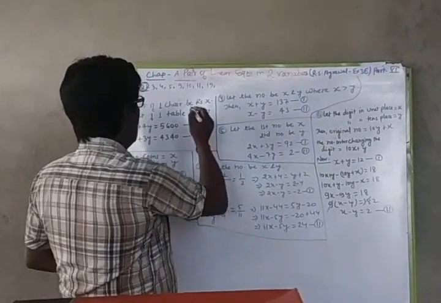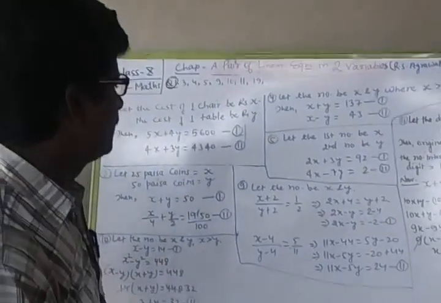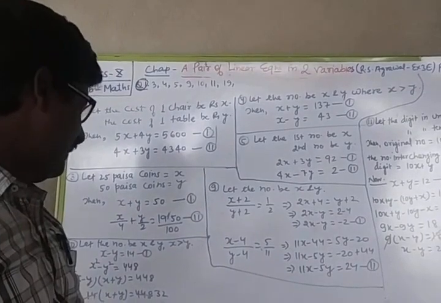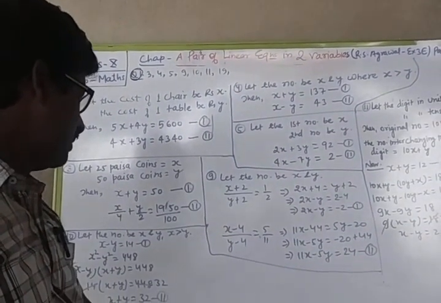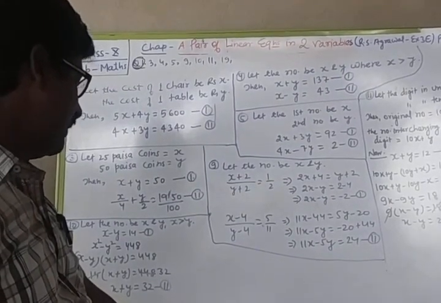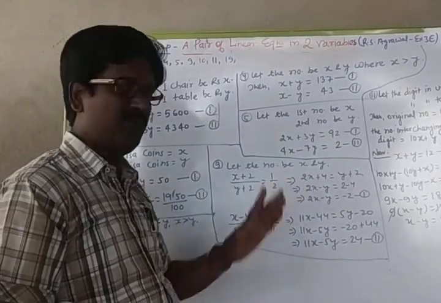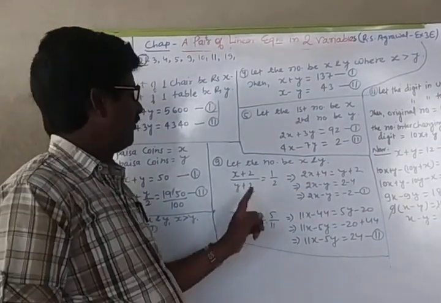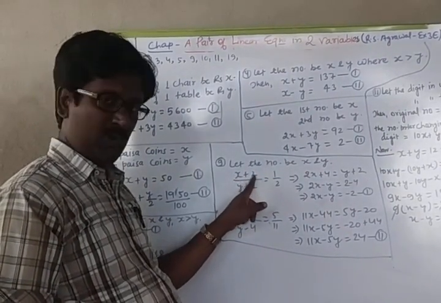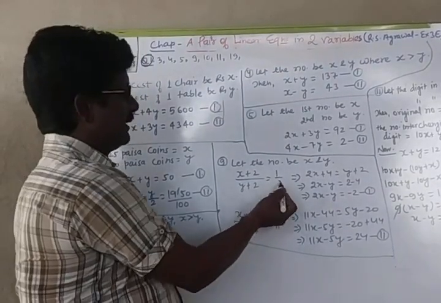Okay, so now see question number 9. Question number 9 is based on the ratio. If 2 is added to each of the two given numbers, then their ratio becomes 1:2. However, if 4 is subtracted from each of the given numbers, the ratio becomes 5:11. To find the numbers, I have considered the numbers as x and y. And the question says, when 2 is added to both, means x plus 2 upon y plus 2 is equal to 1/2. And now I have cross multiplied.